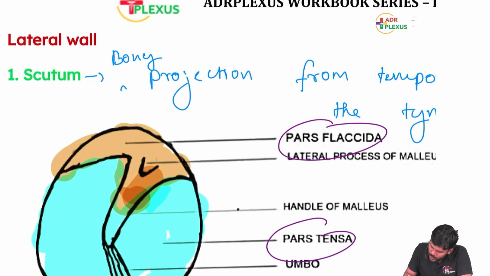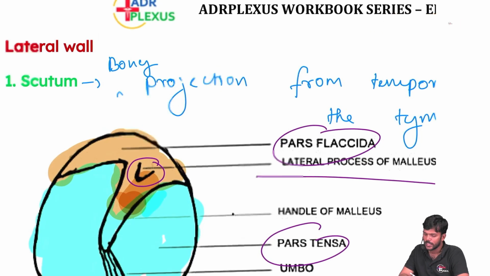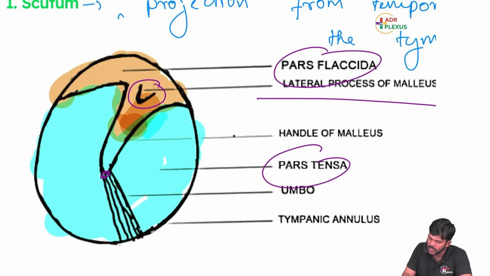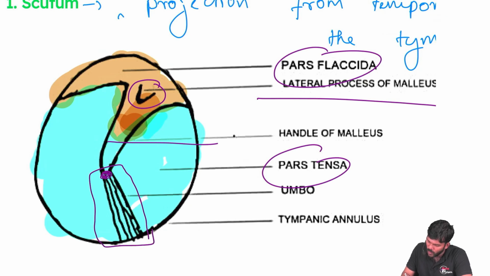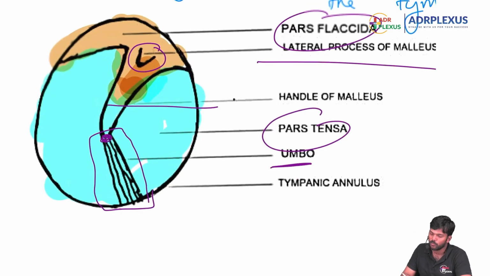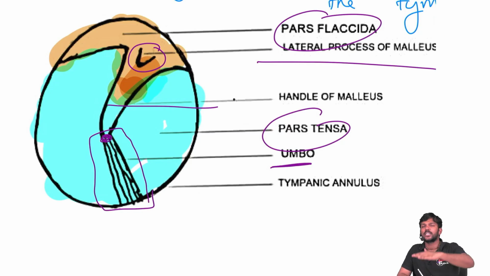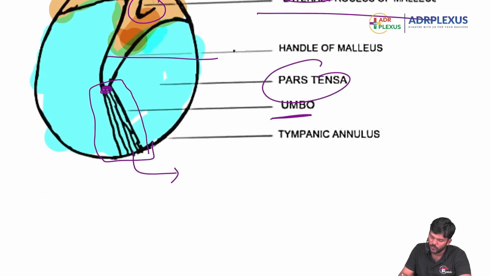Can you see the prominence of the malleus? This is the prominence of the lateral process of malleus. That also you would appreciate. Then can you see the tip of the handle of malleus? This is the handle of malleus prominence. This tip will form a structure called umbo. Along this tip there will be a small projection of the tympanic membrane from the surface. The tympanic membrane will not be flat like this. It will be a little bit projected at the umbo. This projection will result in the formation of